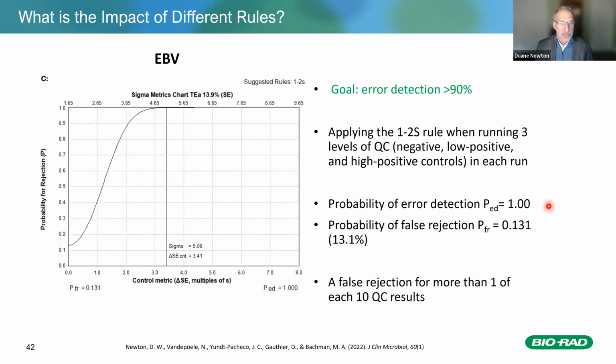But with this very strict rule, it would have a false rejection rate of over 13%. So that's a false rejection in more than 1 out of every 10 QC results. You can see how that's represented in the graph. The PED is 100, and the probability of false rejection, PFR, is 13.1. I think we would all agree that that rule is a little too strict and we're rejecting too many